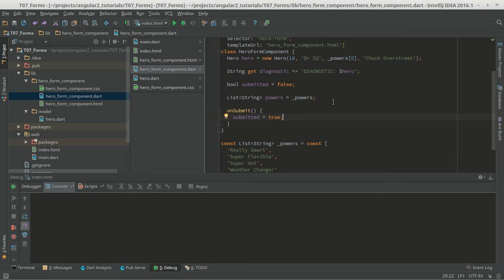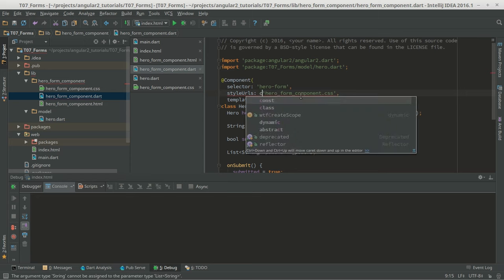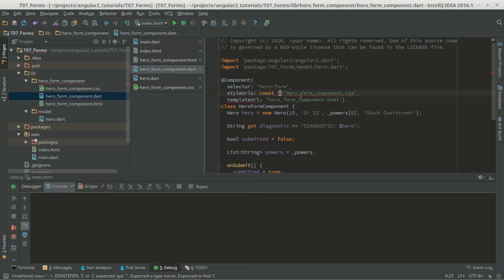And like in the video, we need to add the styles URL. Styles URLs, and it's gonna be hero form component.css, and this waits for a list, not for a const. I don't know why it can accept too many styles. I think I understand why, but it's okay having this, but it's kind of annoying. Okay, so